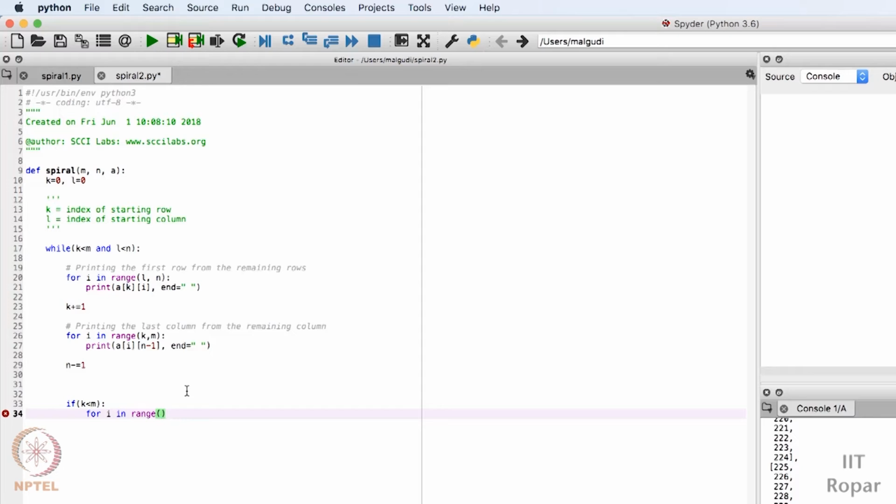Okay. Now what I have to do, I have to start from the second last column. I already decremented my n by 1, so I am already on the second last column. Since n is the number of columns, I will start from n minus 1. Where do I have to go? I have to go to the first column. First column is indexed at 0. Now since we are doing a generalized program, it might not go to 0.